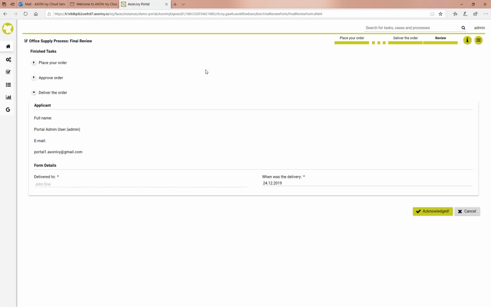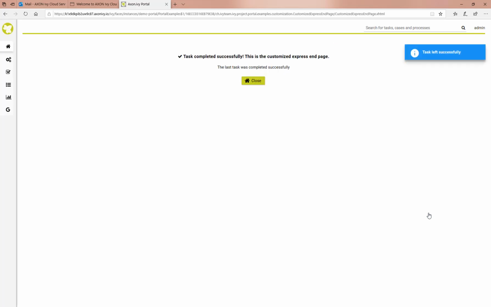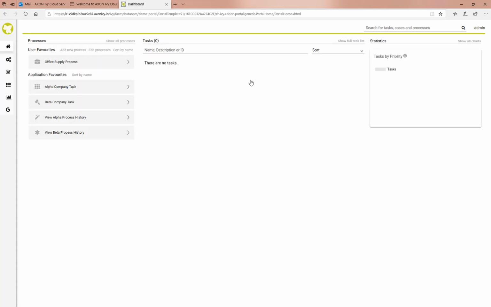As you can see on the right side, you have new statistics. You have now the breadcrumbs all okay. And if I click on acknowledged, then the process is done. The task is done successfully, and I do not have any open tasks. So congratulations, this was your first process done in less than 15 minutes. Let's have a quick look at what the portal gives you